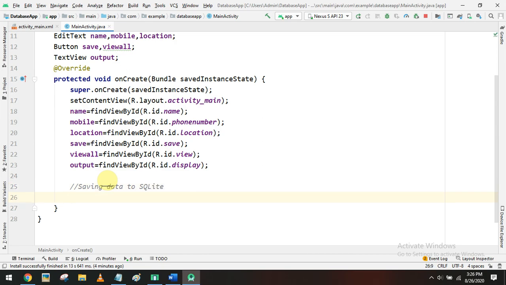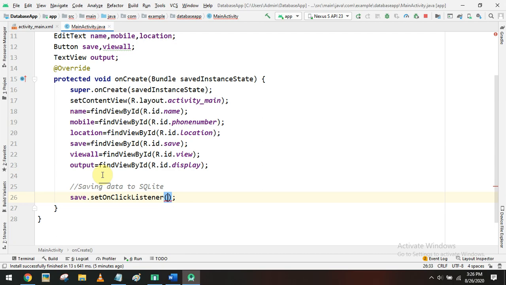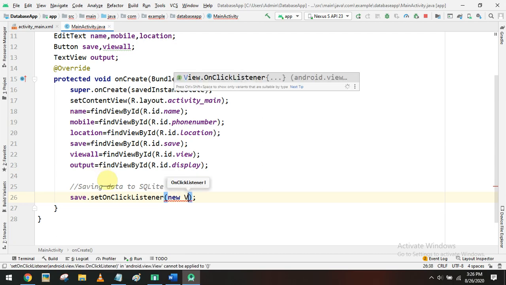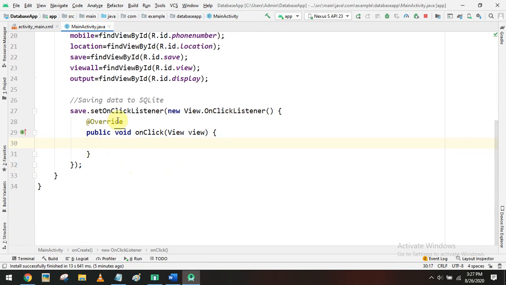Event handling: save.setOnClickListener, new View.OnClickListener. So inside you will be getting an onClick function.